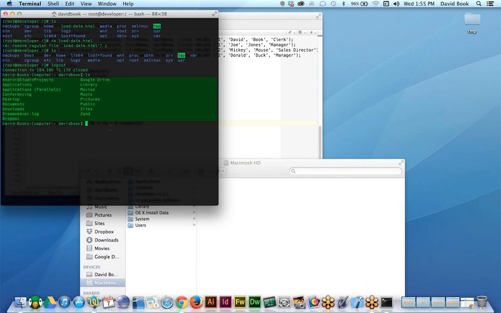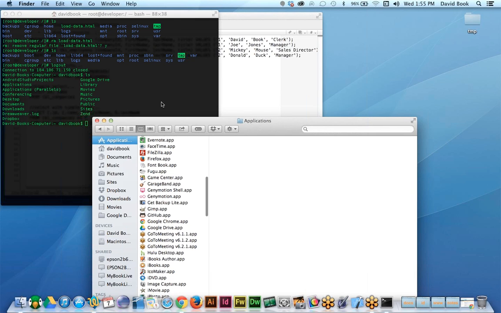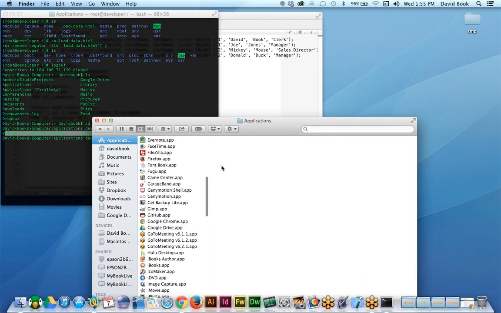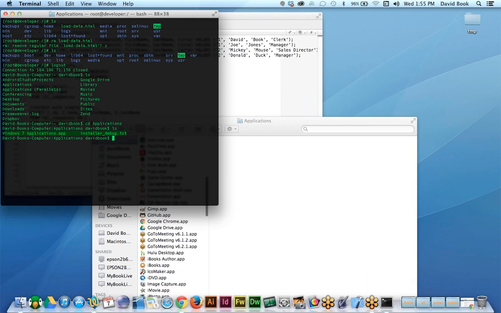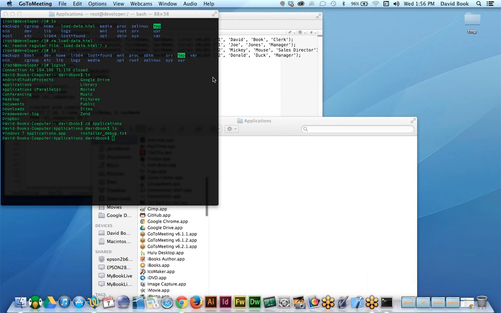If I want to change directory to my applications folder, in Finder it's a shortcut, Applications, right? In the command line, I just change directory with cd applications. I list them now, and here they all are. Oh, I'm actually not in David Book, I'm in the root. So there's three things. So if I go to users, David Book's computer. I'm not going to explore my machine in front of everybody, but the point is, you can